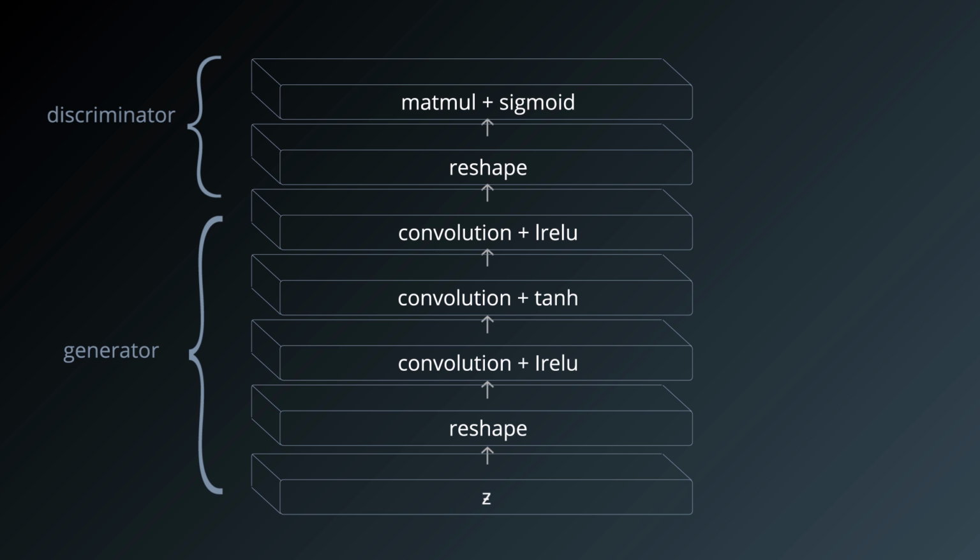To scale up classifiers to work on large images, we use convolutional networks. Convolutional networks replace some of the matrix multiplies in normal neural networks with convolutions. We can also replace the matrix multiplies in GANs with convolutions. For the input to the GAN generator, we usually use a random vector Z. A mini-batch of these vectors forms a matrix.